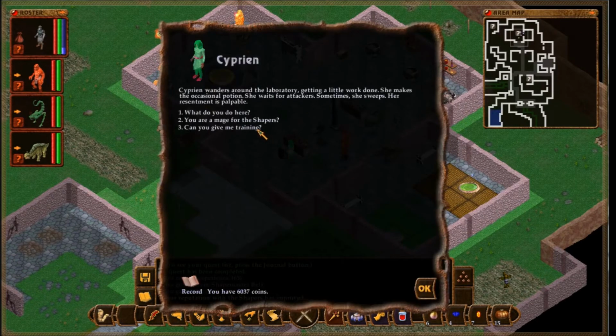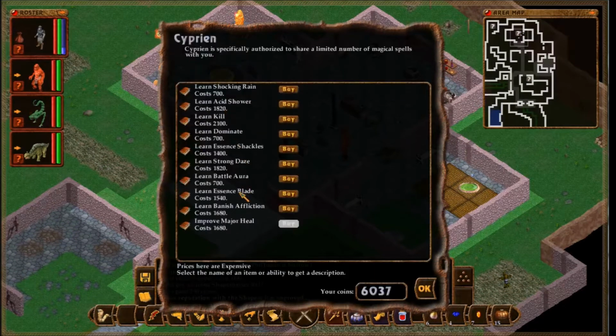Can you give me training? You show her the amulet Alwyn gave you to prove that you work for him. There are certain lesser rituals I can teach to any of Sir Alwyn if you are interested. Nothing I really need. Although Banish Affliction...